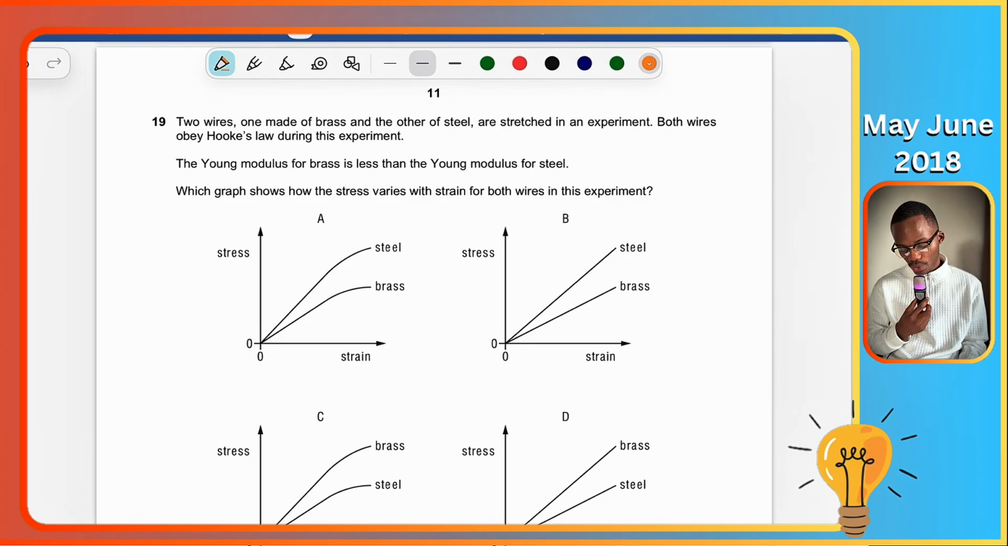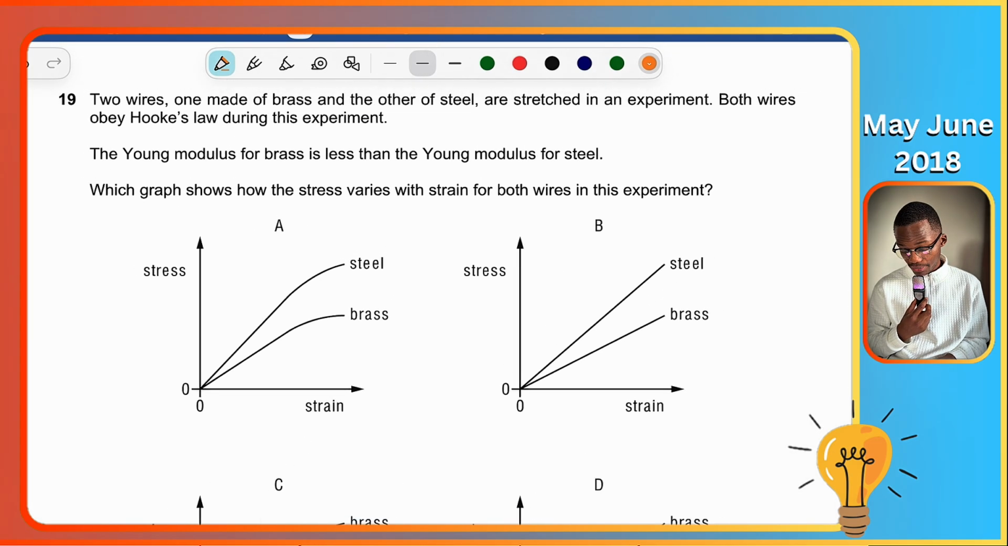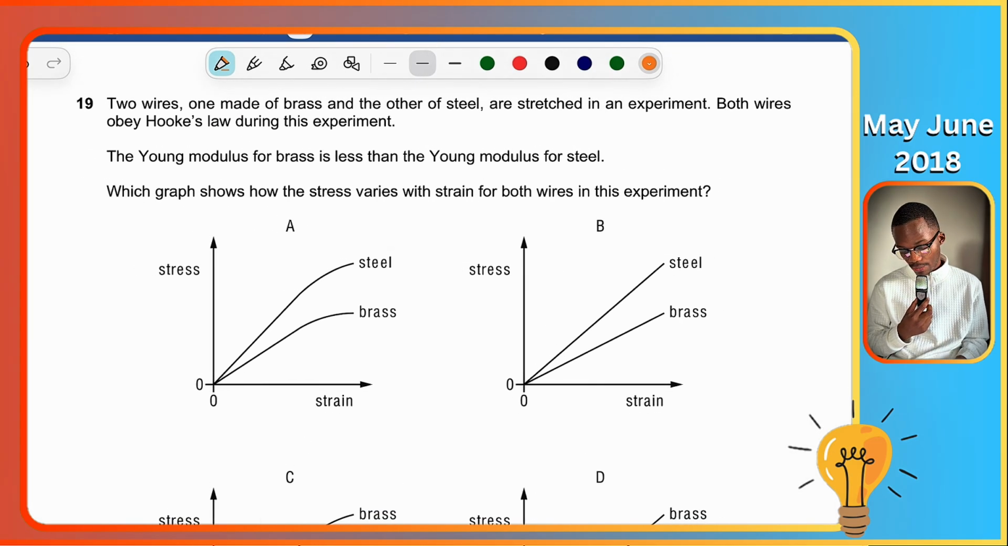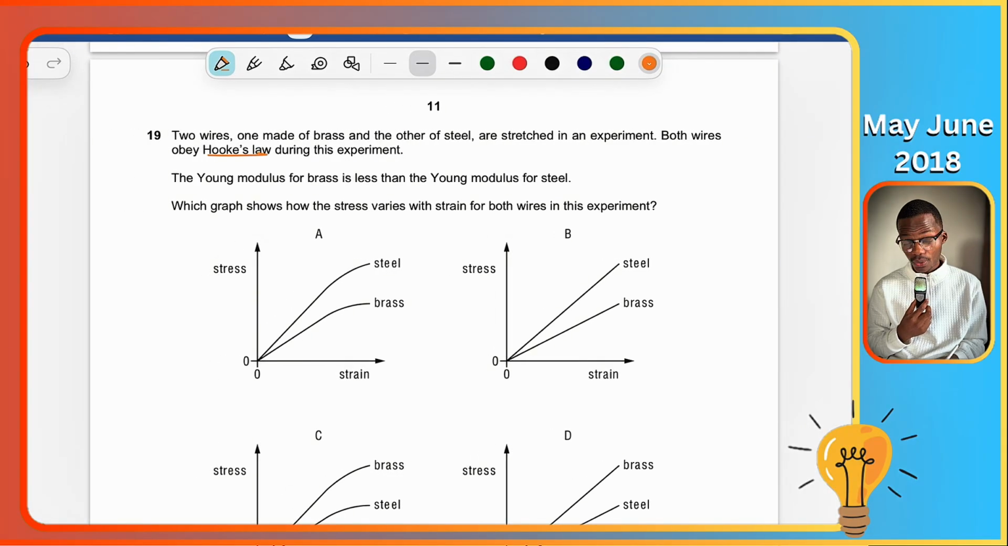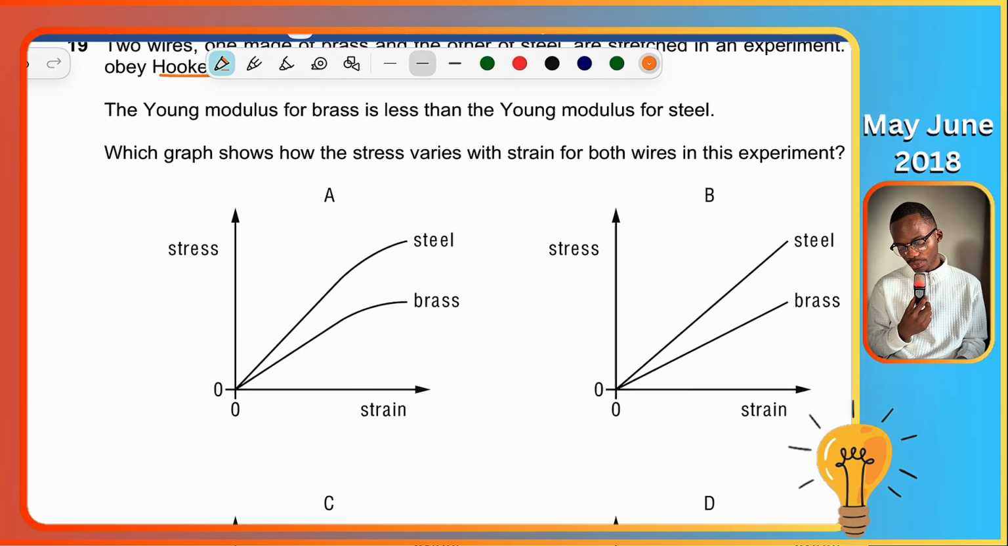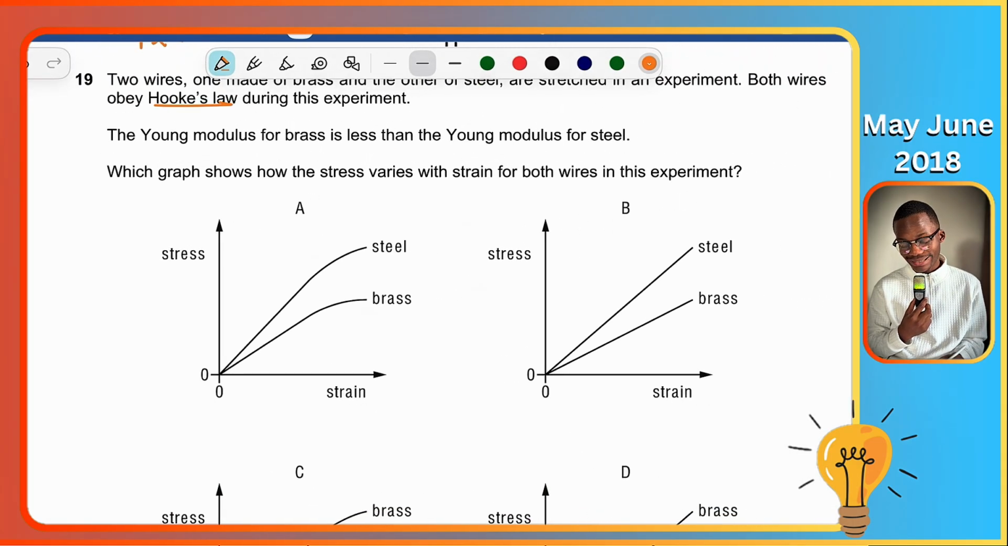Question 19. We have 2 wires, one made up of brass, the other made up of steel, and they're straight in an experiment. Both wires obey Hooke's law. Hooke's law, what does it say? The force is directly proportional to the extension, provided that the elastic limit is not exceeded. So the Young modulus for brass is effectively less than the Young modulus for steel, which graph shows how the